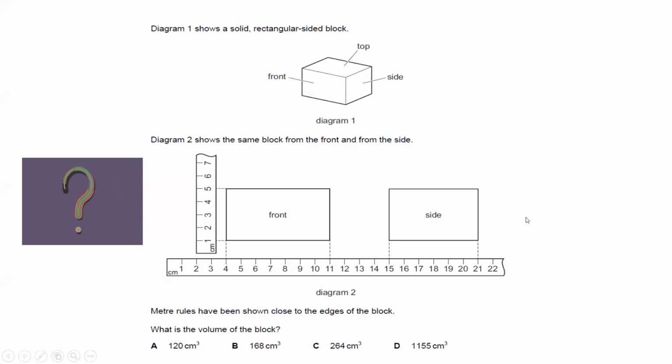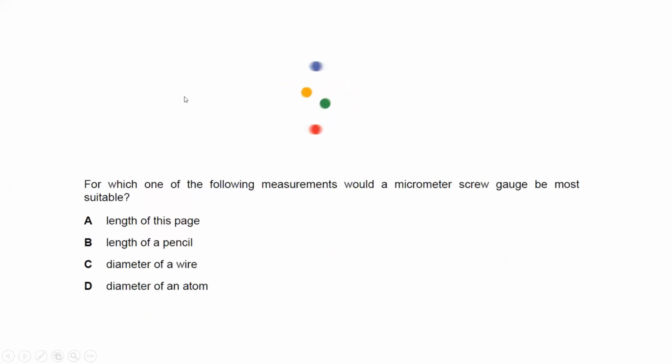The continuation of the session as we are discussing the questions related to measuring length. What could be the right answer for this question? For which one of the following measurements would a micrometer screw gauge be most suitable? If you want to use a micrometer screw gauge, which one is the most suitable? So the correct answer is C, because